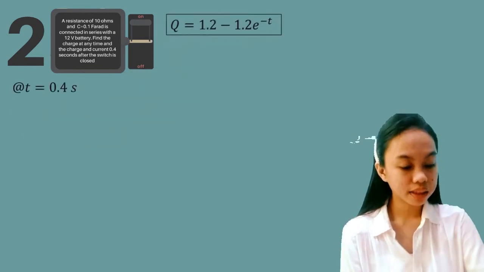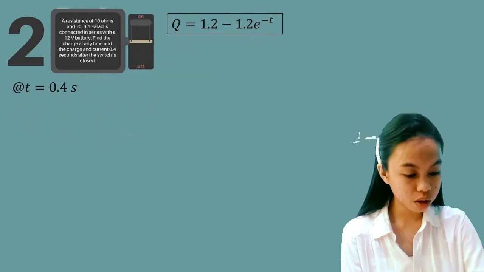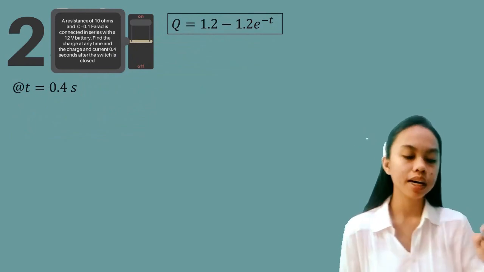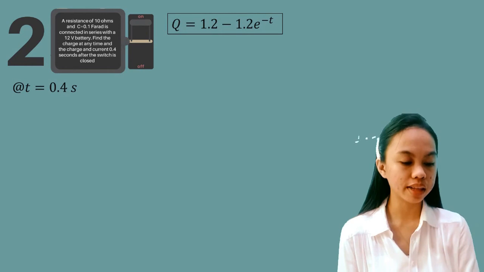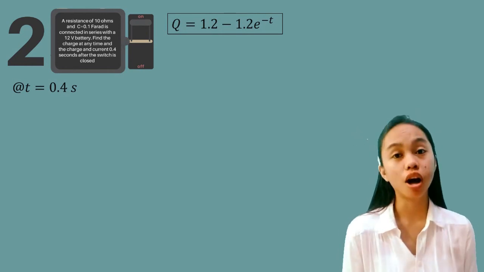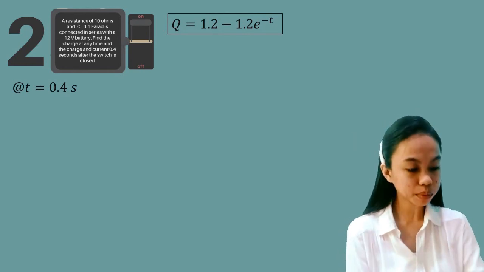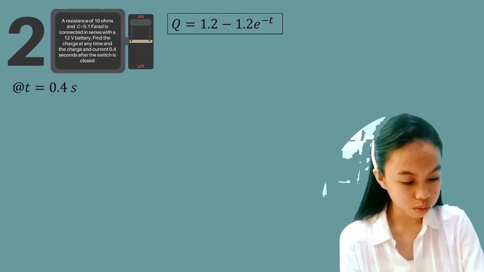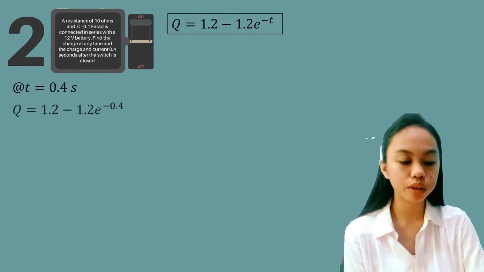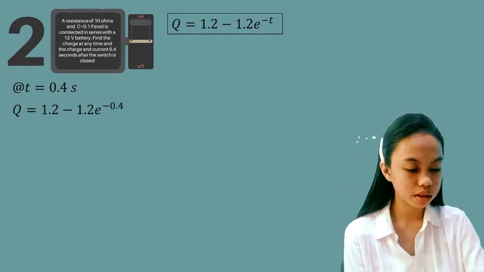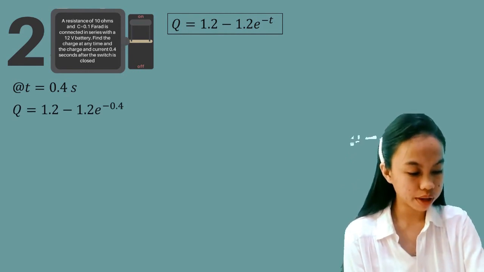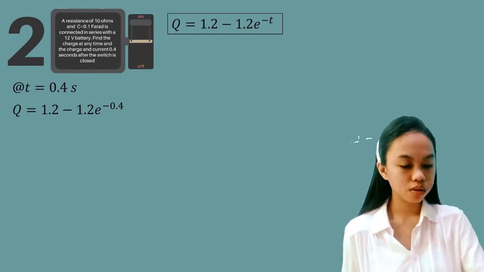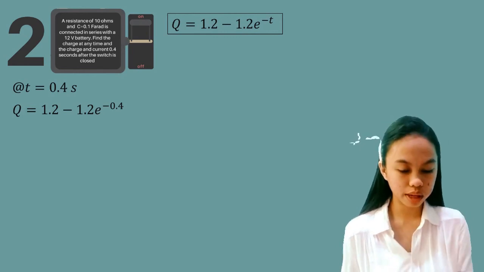So at t equals 0.4 seconds, we will just substitute 0.4 for the t in our charge at any time. So we will get q equals 1.2 minus 1.2 e raised to the power of negative 0.4. Solving this one, we will get